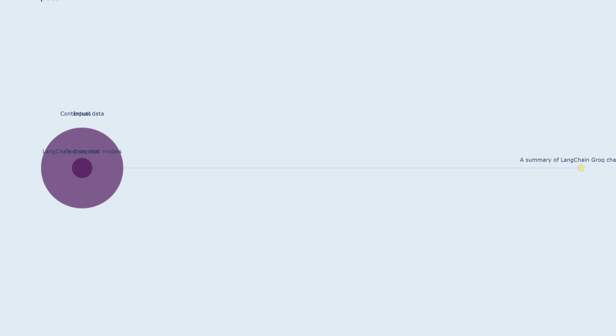For example, if the user had previously inquired about European countries, the model might use this context to better understand the prompt. Outputs. Generated response. The output of the LangChain Grok chat model is the generated response, which is a textual answer to the user's input. It's produced based on the processing of the prompt and contextual data, enhanced by the computational power of Grok. Continuing the example, the model would likely respond with Paris after processing the prompt and relevant contextual information.